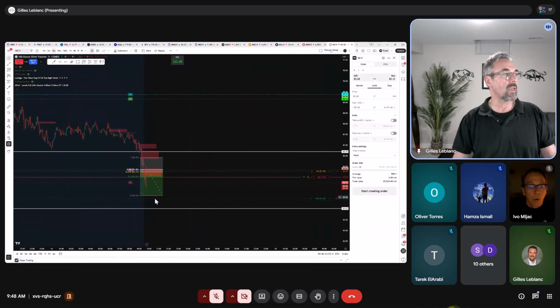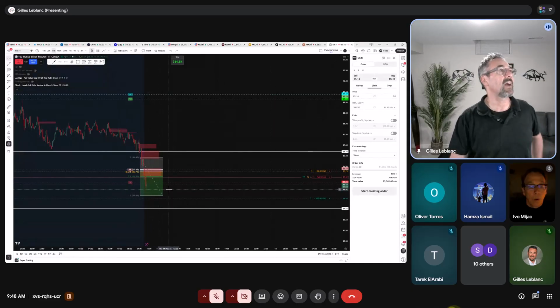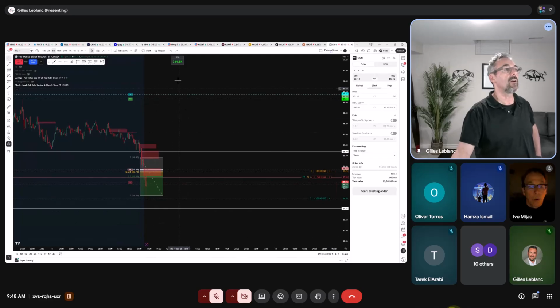I do not like that it's below low of day, but there is room to make it to the next area of possible support. And the stop is just above the 61.8. Again, this is on paper trading, not something I would necessarily take because I have not back tested my fib entry with silver.